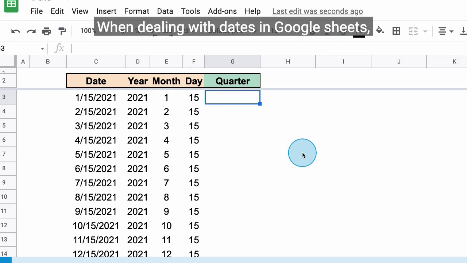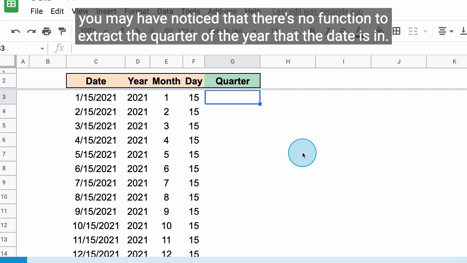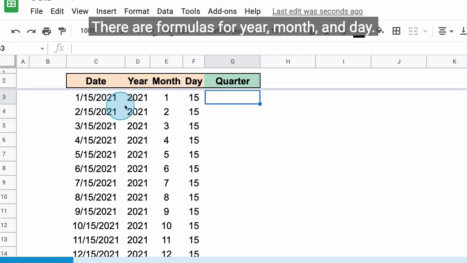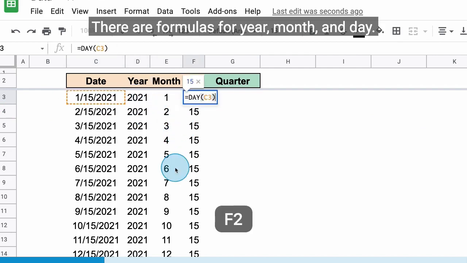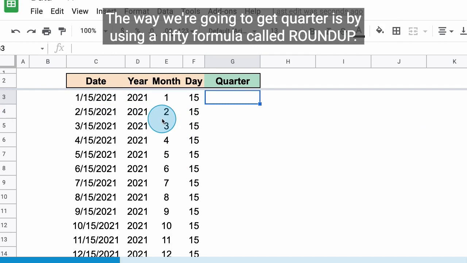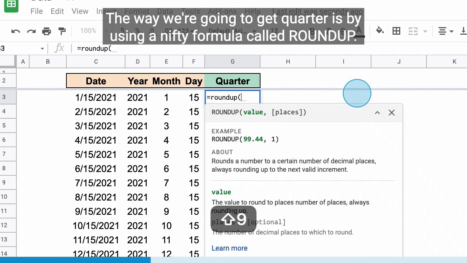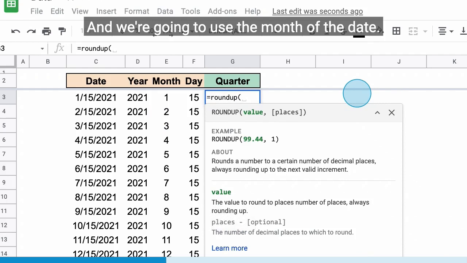When dealing with dates in Google Sheets, you may have noticed that there's no function to extract the quarter of the year that the date is in. There are formulas for year, month, and day. The way we're going to get quarter is by using a nifty formula called ROUNDUP,